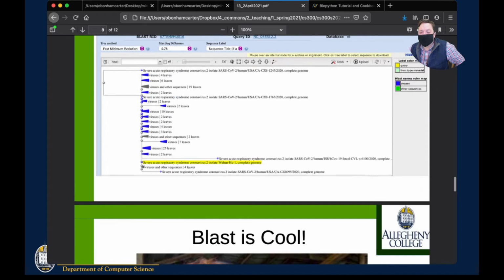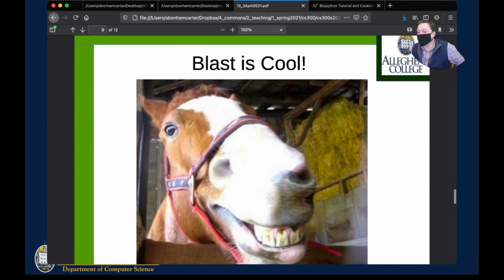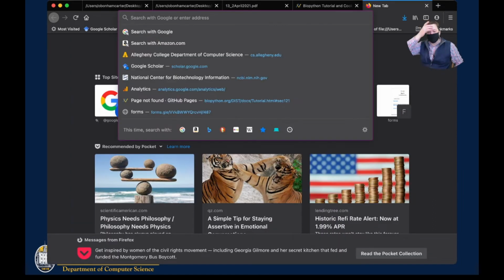So yes, there's a lot there. So BLAST is cool. Let's just try an example here. We do have some code today, but I think the website might be more fun for a second here. But if you're trying to start BLAST, in fact, I think I actually have a link out here